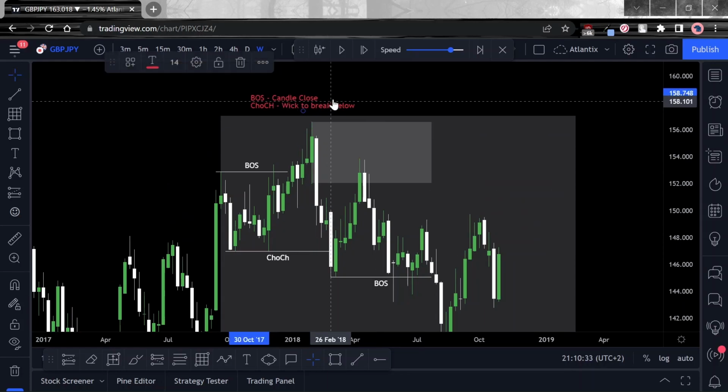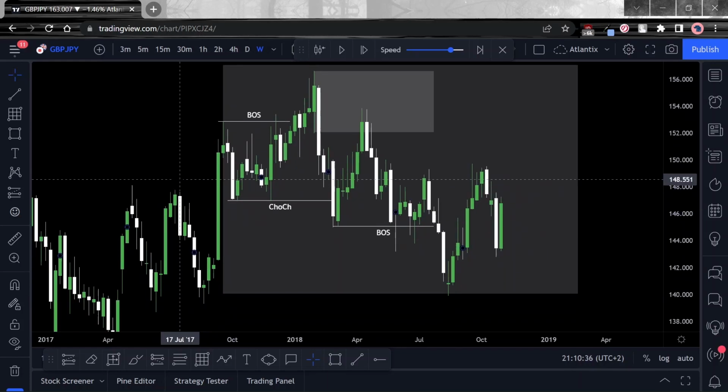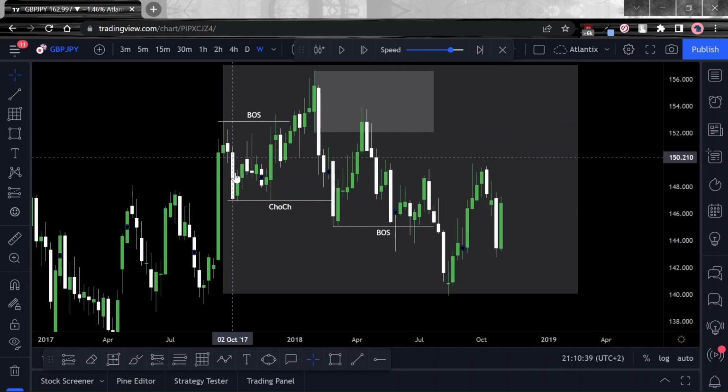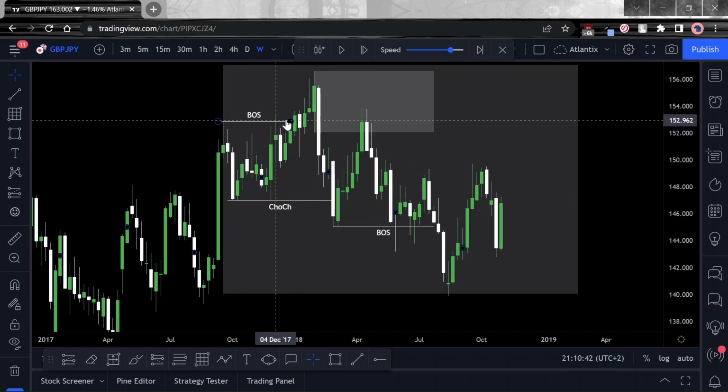So what do I mean by this? In this scenario, we had price moving up, it was bullish. Price comes up here, creates a higher low. We only consider this a break of structure when this candle over here closes above where the retracement started. When it closes above, that's when we say it's a break of market structure. As long as it's just a wick that breaks above, we're not interested. We are not assured that price is certainly moving up. As long as the price has the intention to continue to be bullish, we want to see that momentum in a bullish direction being shown by the candle closing at a higher price.